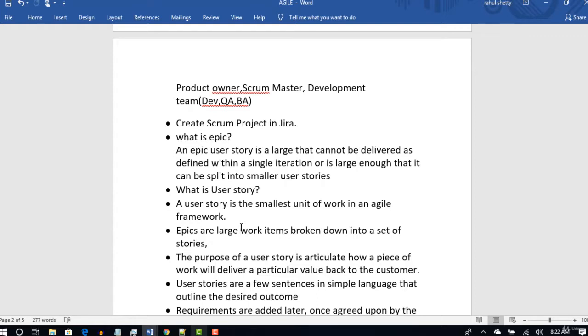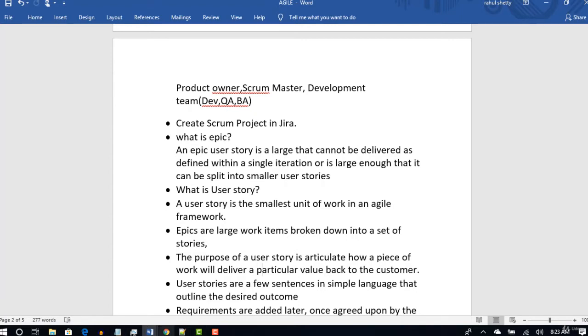Okay, so when you have so many things as a high level requirement, that can be broken down into a set of stories. So big work as a login screen can be done in small chunks. Let's say first I will put edit boxes on the screen, first step, and that you can treat as a user story. Okay, the purpose of this user story is to articulate a piece of work. Okay, a collection of pieces of work is a big epic, isn't it? Now to implement that login page, I have to do at least 15 pieces. I have divided my whole work into 15 pieces.